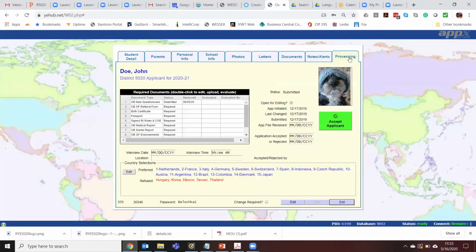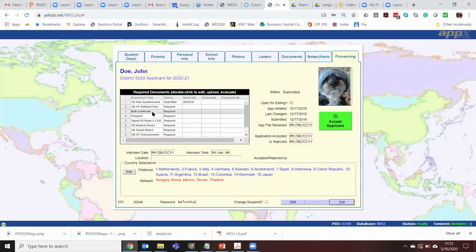On the processing side, this is where you evaluate the documents that the students submit. So the outbound medical questionnaire, I mentioned that's the only form that they need to submit prior to doing the club level interviews. After that, they need to provide you the host family referrals. We talked about that.